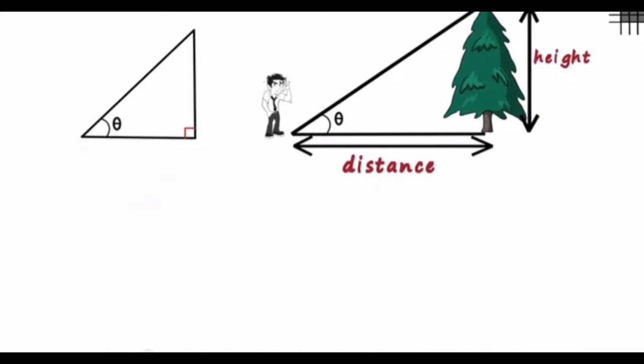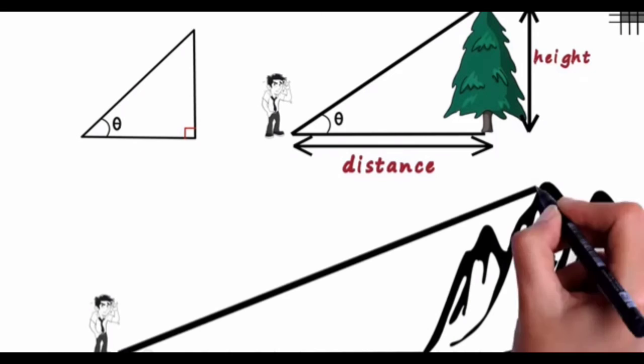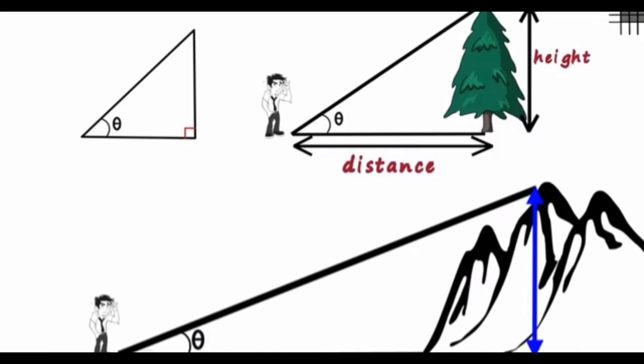So trigonometry has a very important role in our real life. If we want to find the height of a mountain, and we find this angle and the height of this, we can find the distance of the mountain very easily. So in our real life, trigonometry plays a very important role, and it is a very important topic of